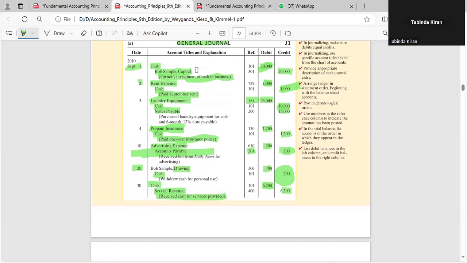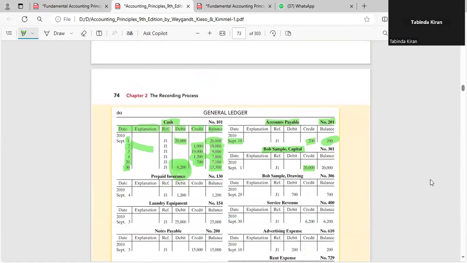यहाँ पे आप देख रहे होंगे बॉब सैंपल का अमाउंट क्या हुई थी, क्रेडिट रिकॉर्ड हुई थी, राइट। सो बॉब सैंपल क्रेडिट हुआ था, तो यहाँ पे जो कैपिटल का अगर आप ये अकाउंट बनाएंगे, एक कैपिटल का आप लेजर बनाएंगे, उसका अकाउंट नंबर मेंशन करेंगे, उसमें सिर्फ एक ही क्रेडिट ट्रांजेक्शन है और उसका बैलेंस भी कैसा होगा, क्रेडिट। और ये ट्रांजेक्शन किस डेट को पास हुई थी, 1 सितंबर को पास हुई थी।